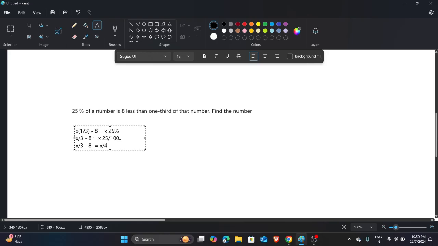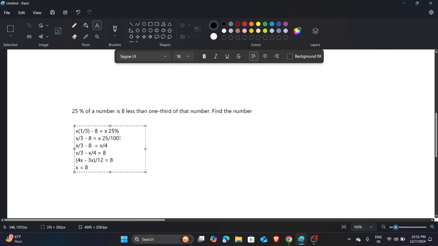Now we have to do some side changing. So we get x by 3 minus x by 4 is equal to 8, because we are just changing sides. Then we take the LCM, which is 12. So 4x minus 3x, whole divided by 12, because 12 is the LCM, and 8 is here, which is already there. Then we simplify it and we get x equal to